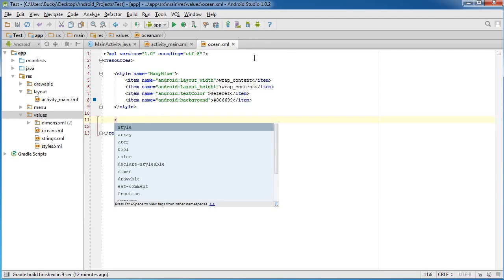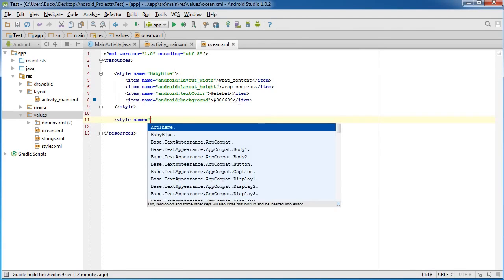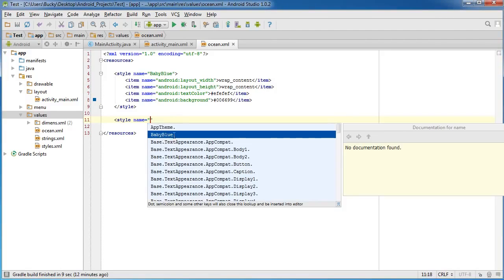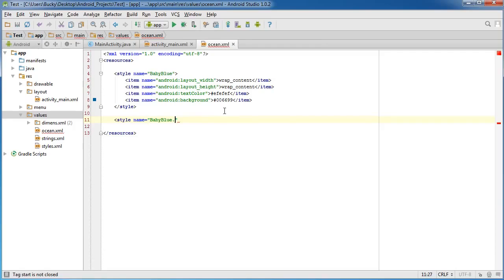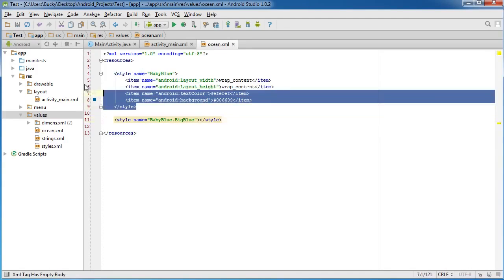So let's go ahead in our oceans.xml and inherit from baby blue. Now, of course, whenever we inherit, we need to give it a new name, and the name is actually really important. The first part is if we just type baby blue right here, that says inherit everything from baby blue, and then add a little period. What this allows us to do is give it our own custom version of baby blue. So I'm going to name this one big blue,